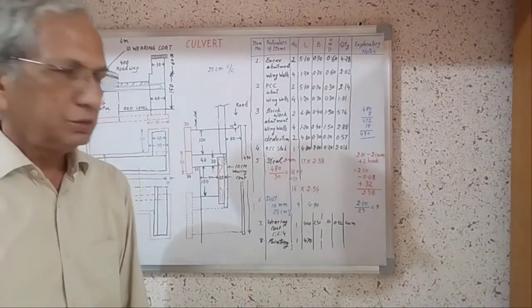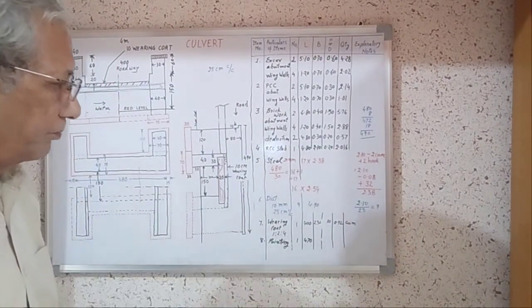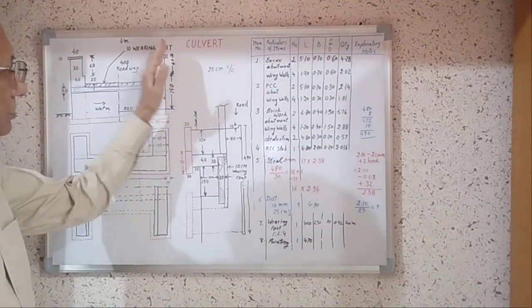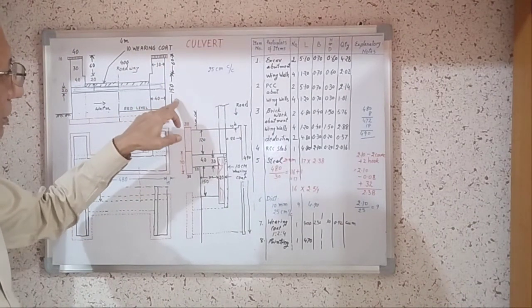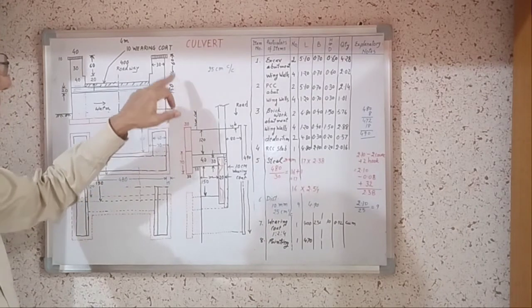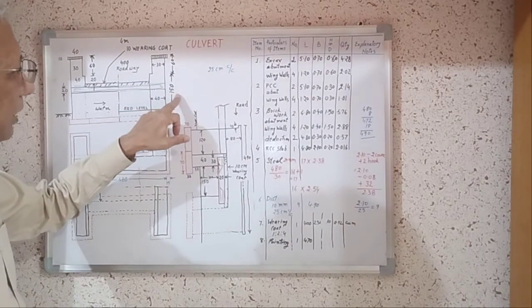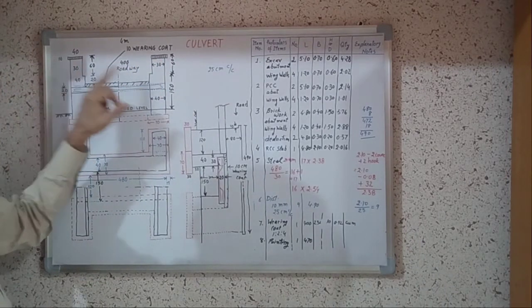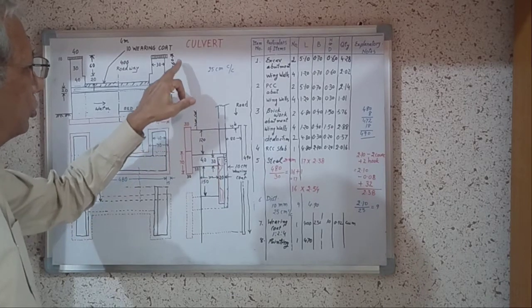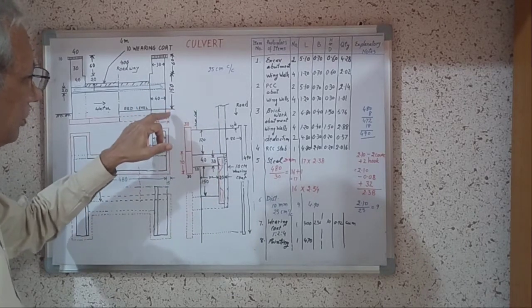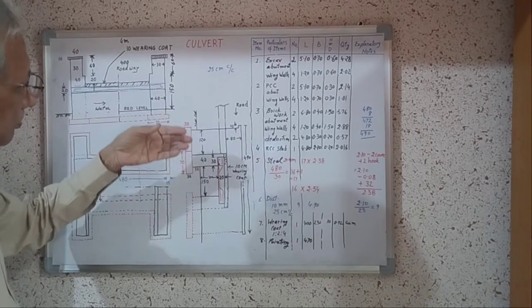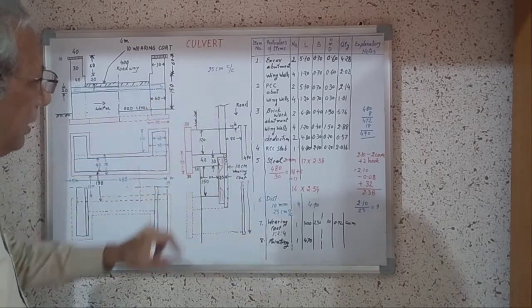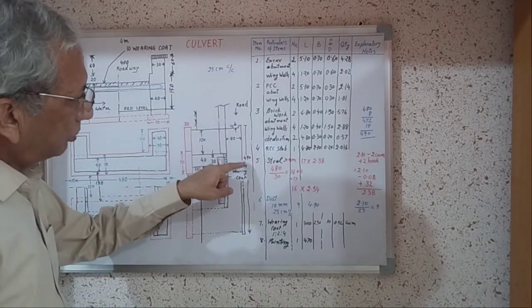Next item is item number 8, pointing. One number of pointing. We will do the pointing on this face. On this face the height is 150 plus 60, it is 210, but on the coping we will not do. This is 10 centimeter. Therefore remaining is 2 meter. But we will do 10 centimeter below ground level. Therefore height will be 210, and length is 490.